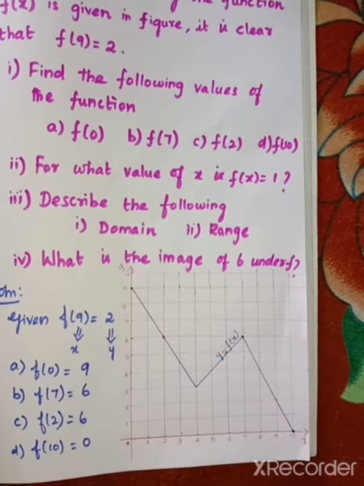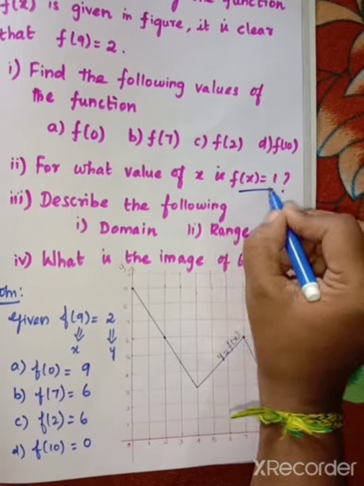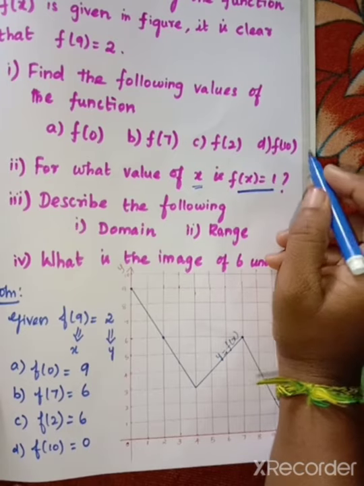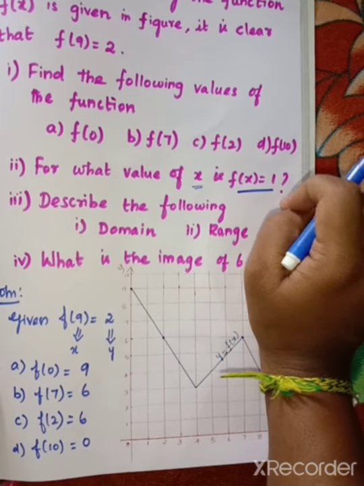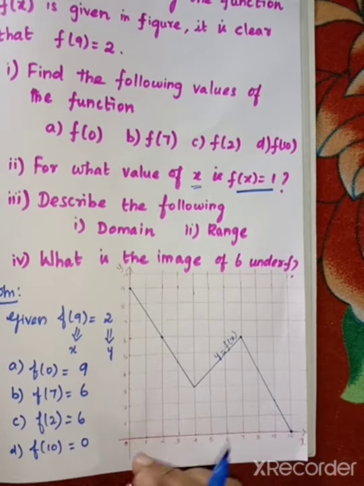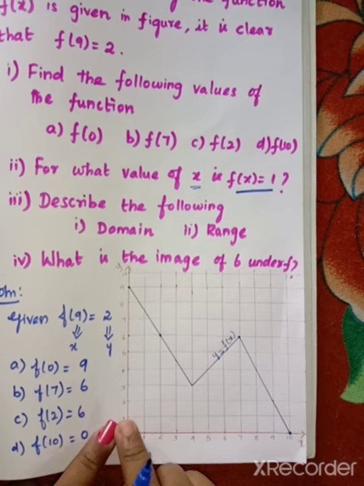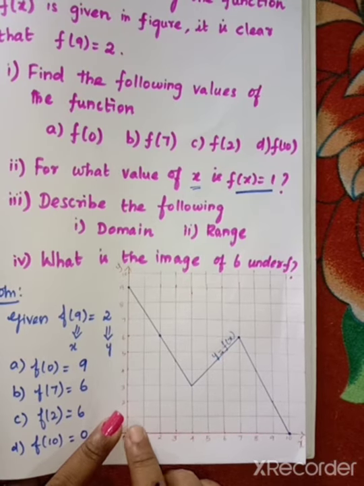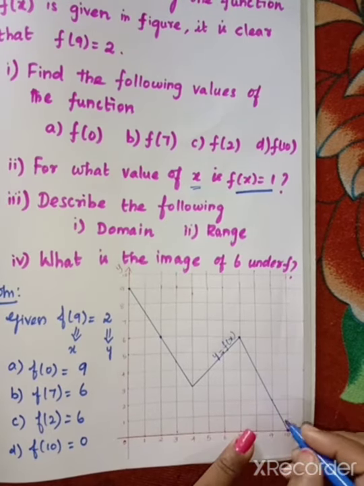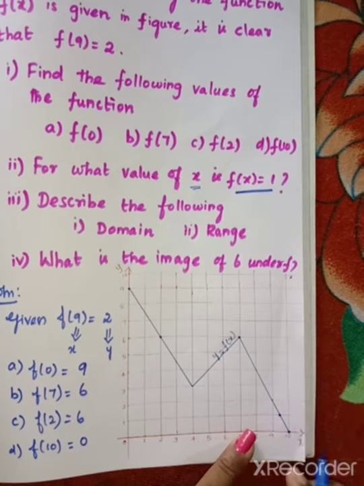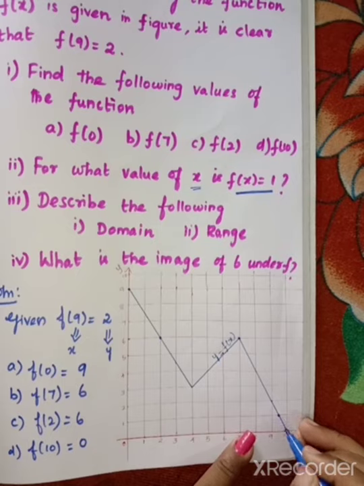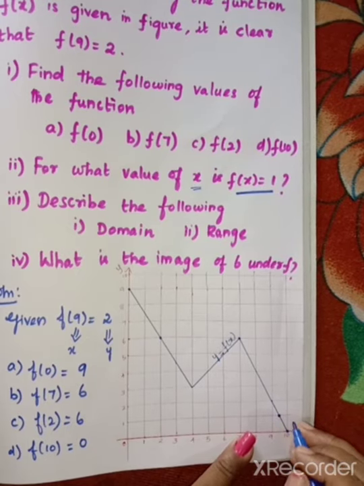So, here the given is f of x equals 1, to find the value of x. So 1 is considered as image or pre-image? That is image. Image is represented as y. So here we want to see the y-axis. So here 1 is represented here. From this we want to find the x. So move on to the horizontal axis. Like that, if you move across, here they mention that the pointed value is in between 9 and 10. So it is cut at the point 9.5.